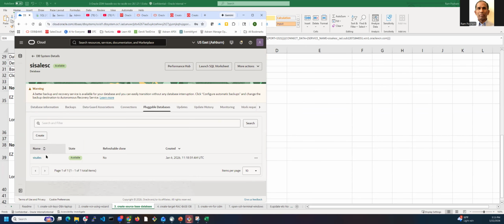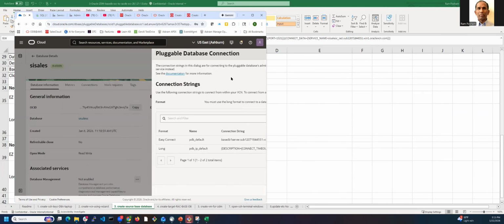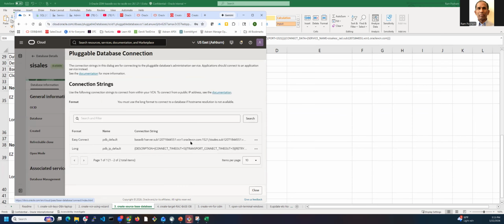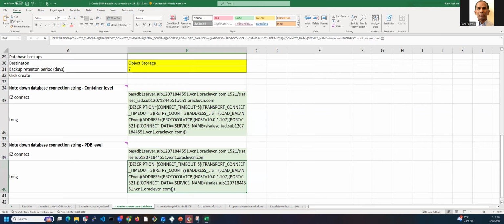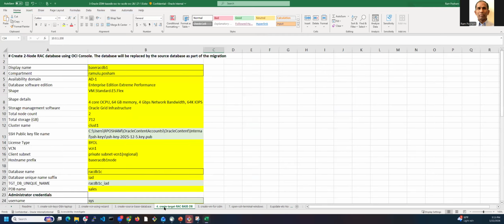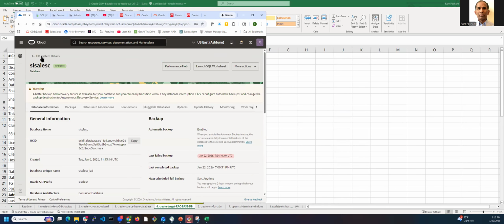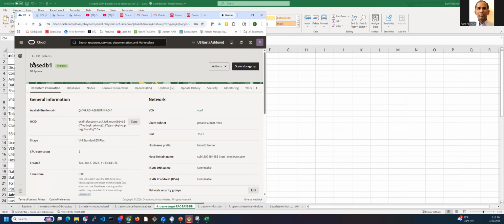database information, pluggable databases, click on this. And if you go to this PDB connection, you get the easy connect and you get the long description. So you can copy and paste them in here. All right, so that's all. That is for after you complete the creation of the source database. The target database is a RAC database. So very similar. So what you do is go to this